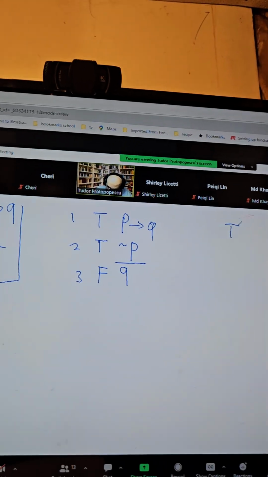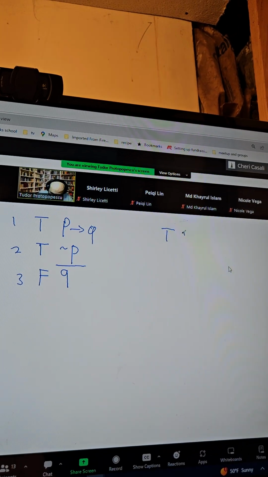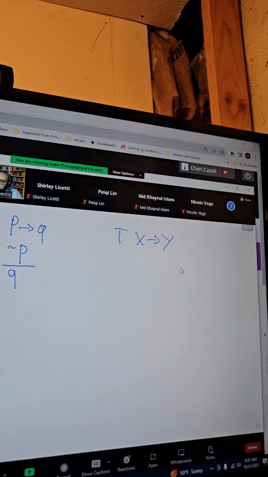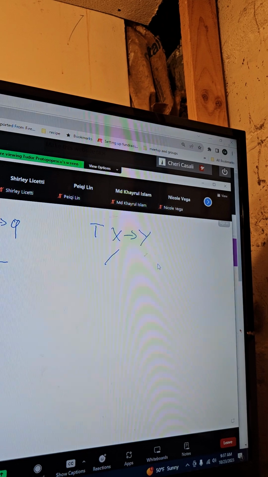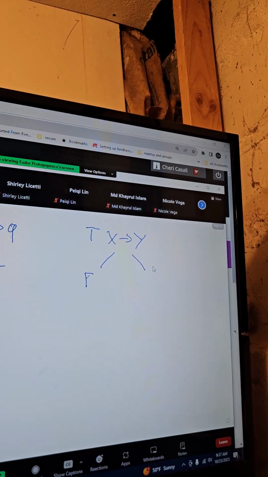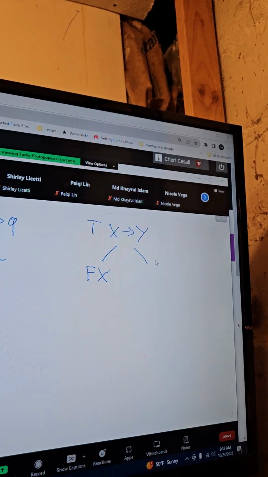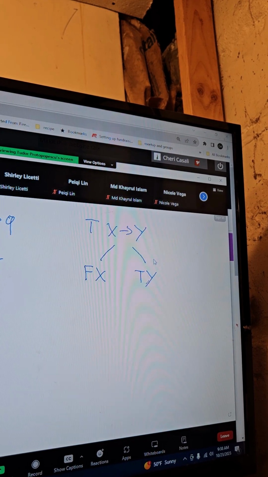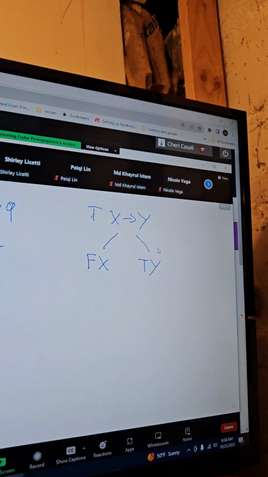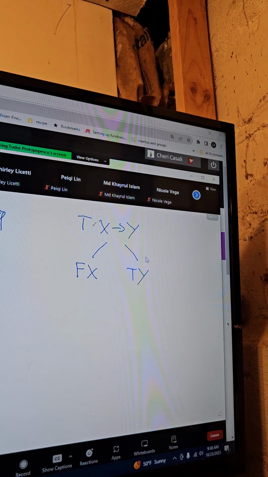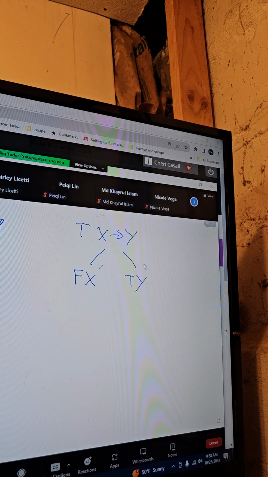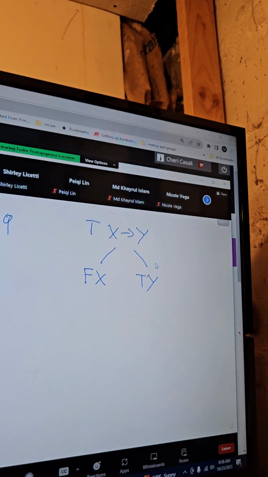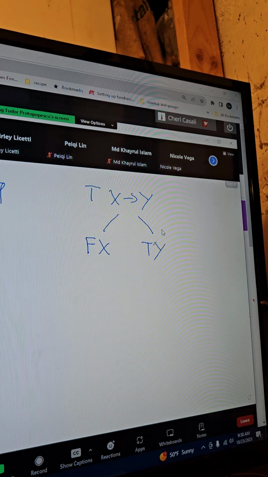All right, so the true conditional rule says if you have a true conditional on your tree, so true if x then y, then you start two new branches, and on one branch you say that the antecedent is false, and on the other branch you say that the consequent is true. So what does this rule say? It says if x then y is true, then either x is false or y is true, which is just the truth conditions for a conditional. A conditional is true when either the antecedent is false,